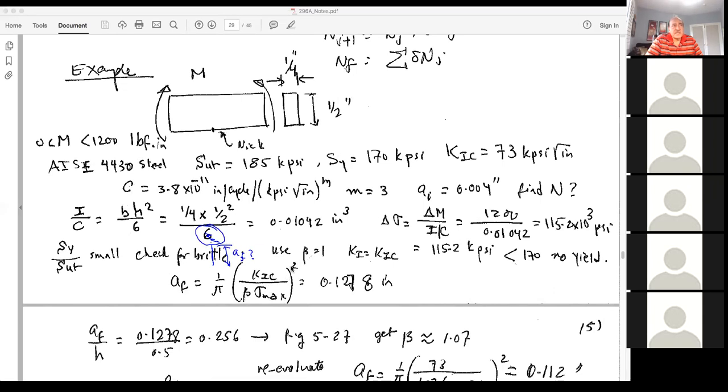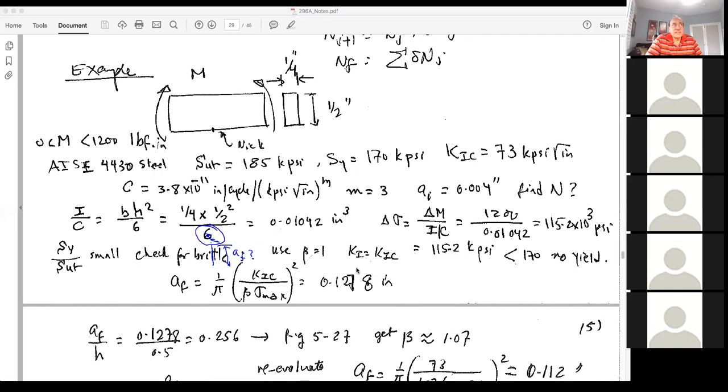If we just take the square root of both sides, from that we solve for a final and find a final to be 0.1278 inch. So the crack is going to propagate under this assumption from 0.04 of an inch to 0.128 inches,